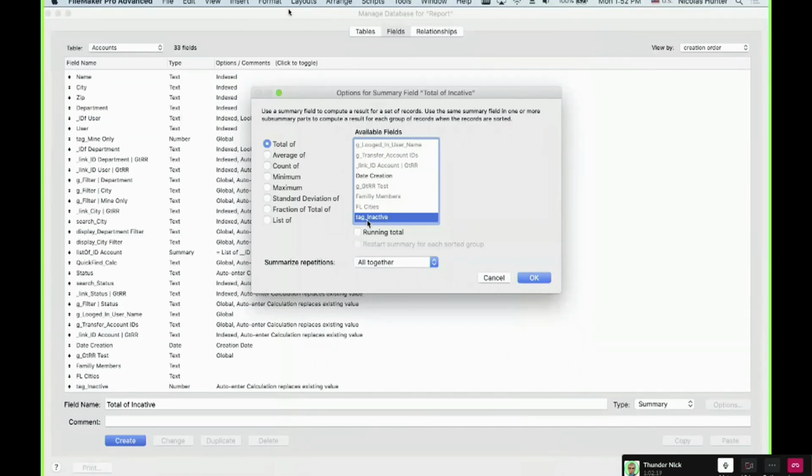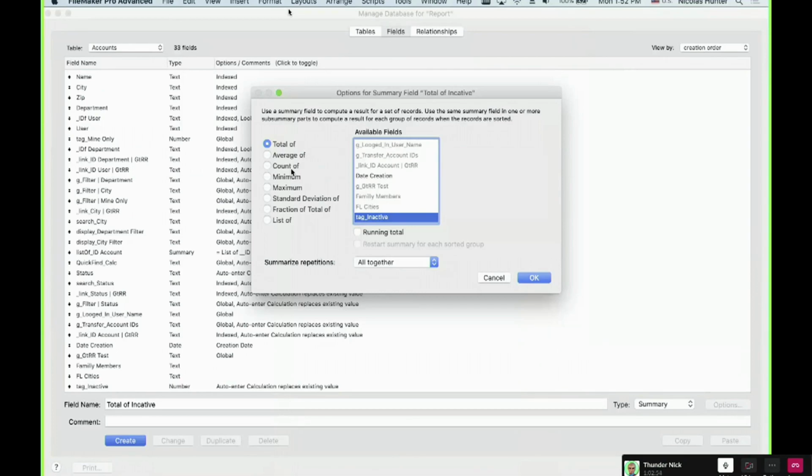I want the total. But you can have multiple other things. I want an average. I want the count. I want the maximum, the minimum. I want the fraction and the list of. So you have multiple operations, multiple operators that you can use to get a result. Here, what I want is the total of the tag inactive.